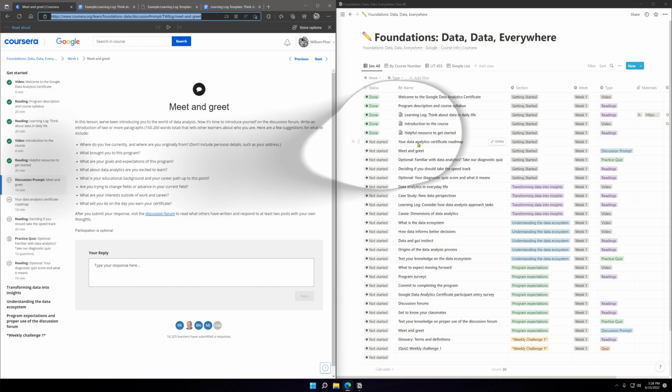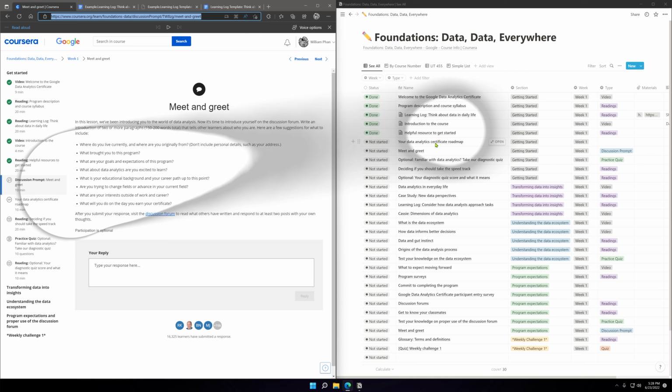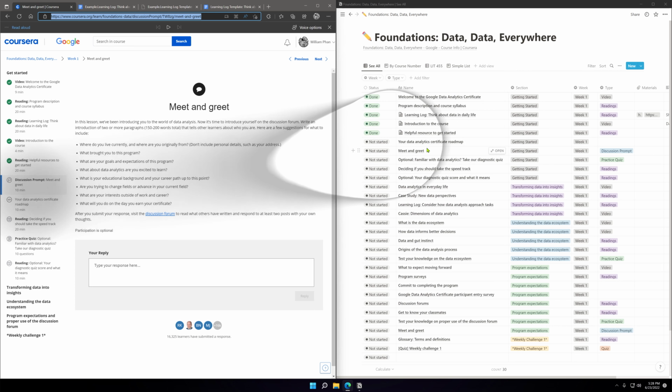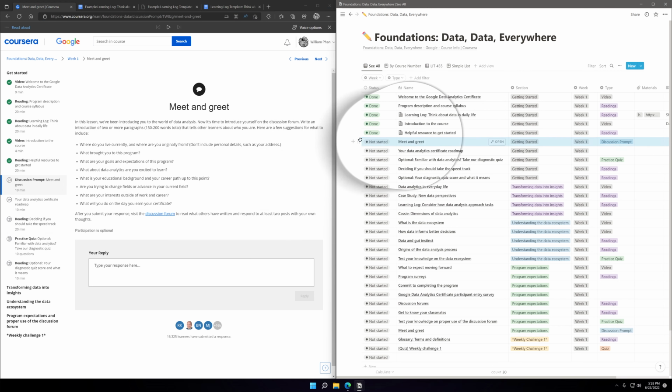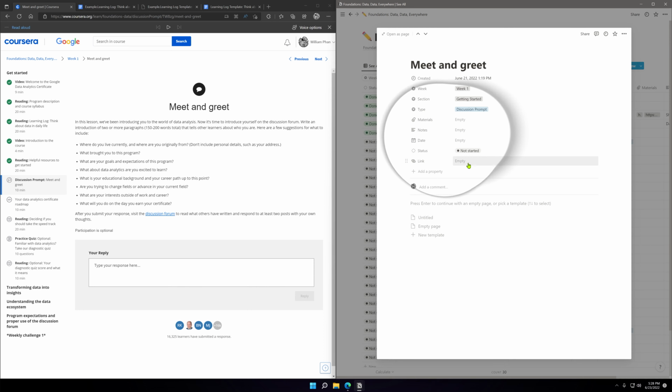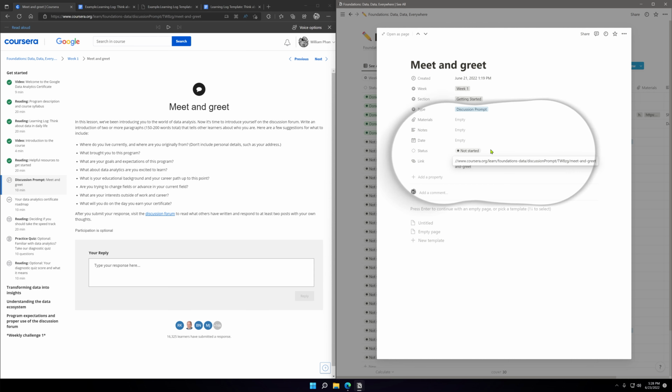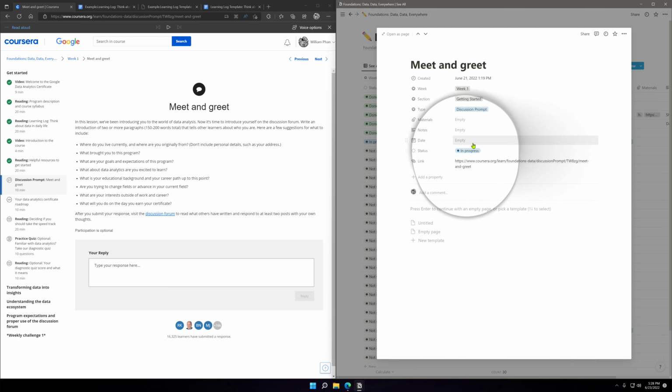What's this? Your data analytics certificate roadmap. Oh, that's the next one. There we go. So that's the link in progress. Today's date.